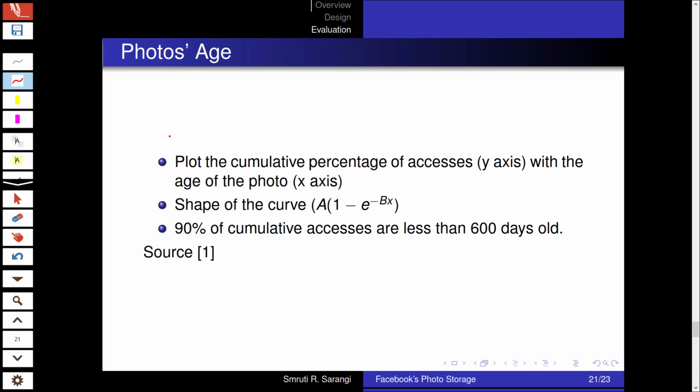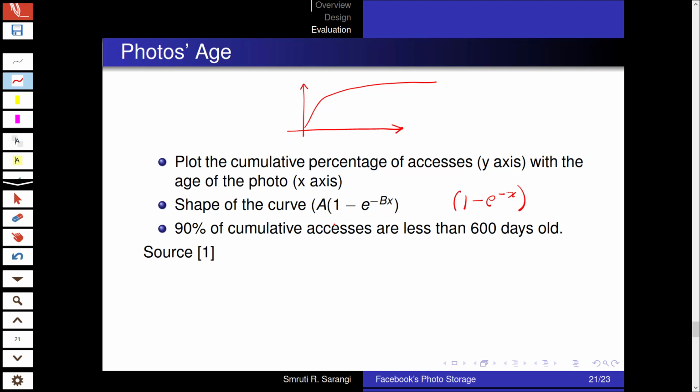So if I were to plot the cumulative percentage of accesses on the y-axis against the age of the photo, which is a graph that we have been referring to, this is also the locality behavior. The shape of the curve is something like a times 1 minus e to the power minus bx, a general curve of this type. A curve of this type has a strictly defined asymptote.